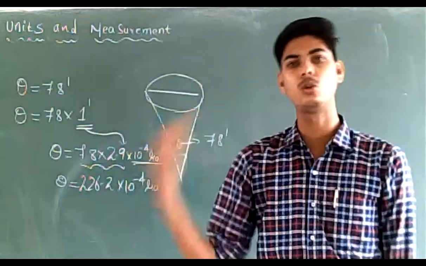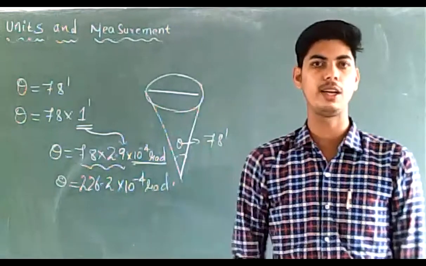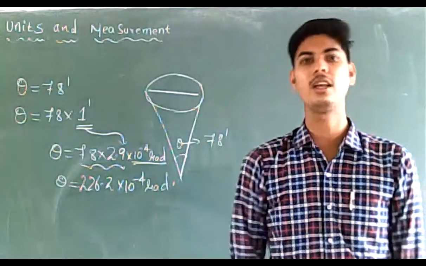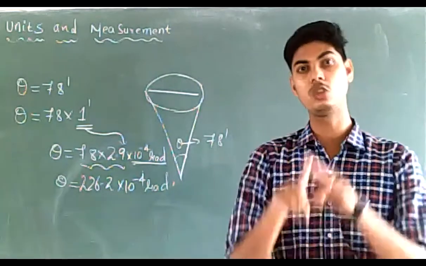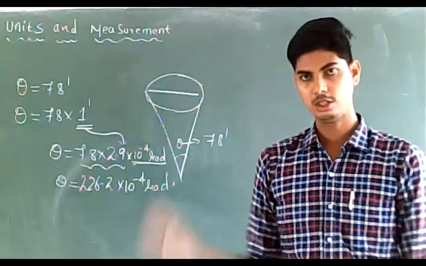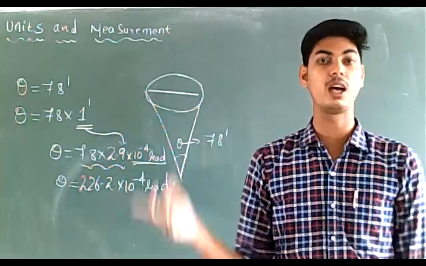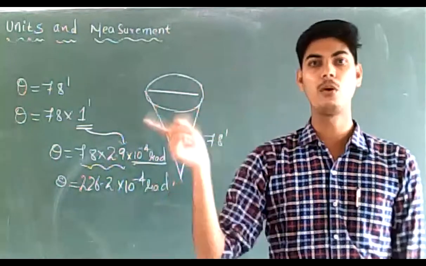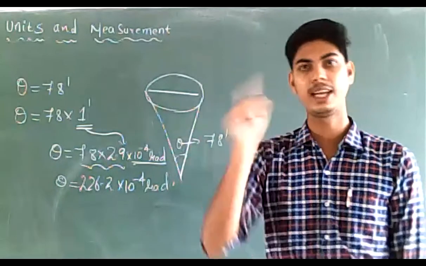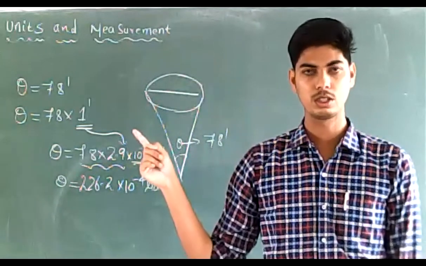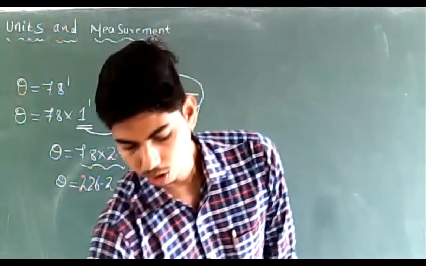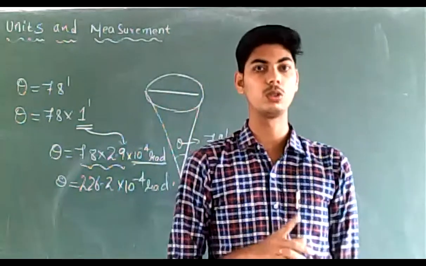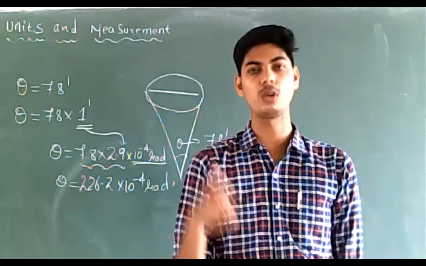So if the angle is given in minutes, you must be able to convert to radian; if in seconds, you must be able to convert to radian; if in degrees, you must be able to convert to radian. This is regarding the problem on the parallax method to find the diameter. Is this clear? How to convert, how to calculate, how to make use of the law of indices? Powers will come, and you need to multiply powers. 10 power 11 into 10 power minus 6 will be 10 power 5, right? So those who do not know the law of indices, watch any previous video lectures, okay?